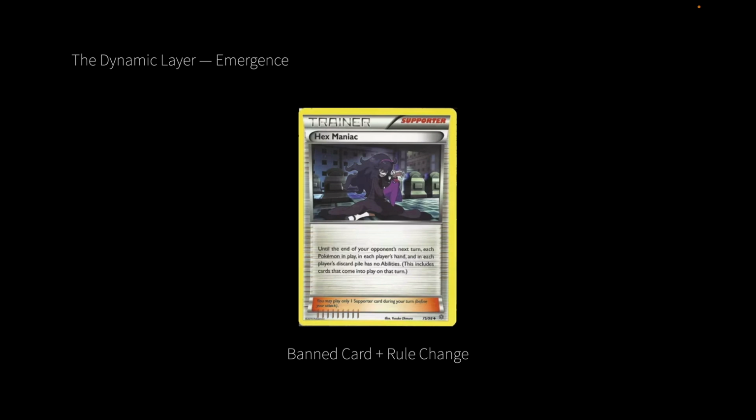Sometimes a card will reveal a flaw in the rules, and so this card revealed that it was unfair to allow whoever went first, which is generally decided by a coin flip, to play what are called trainer cards, because those trainer cards can sometimes cause an unfair advantage, and since it's based only on a coin flip, whoever wins the coin flip does not get the option to play a card, and this was a result of this Hex Maniac card and the unfair advantage it provided.